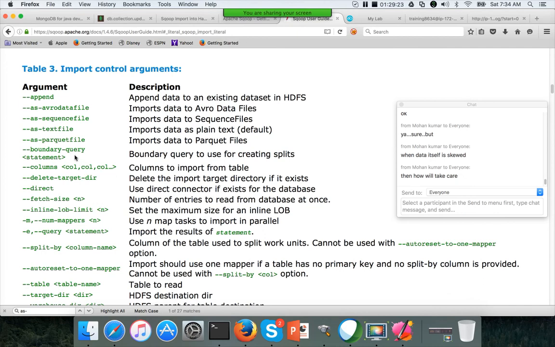This is primarily to address those scenarios where the skewness is introduced for known reasons. So there is no automatic way of taking care of it when the data itself is skewed. For that, you need to understand the capability of the source database.